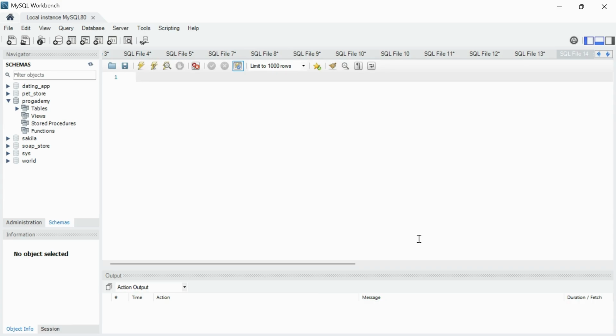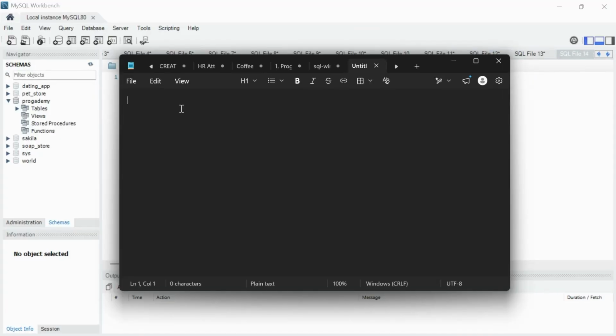At the end of this tutorial you will be able to understand what CRUD actions are. Firstly, I'll tell you the full form of CRUD. This is the spelling of CRUD which I am talking about. Here C stands for create, R stands for read, U stands for update, and D stands for delete or drop. Basically, first we create our database and tables and we insert our